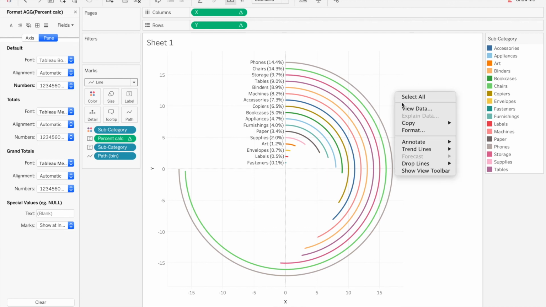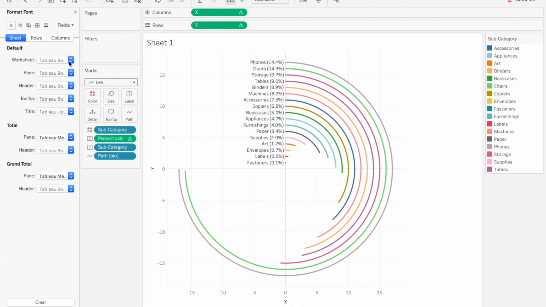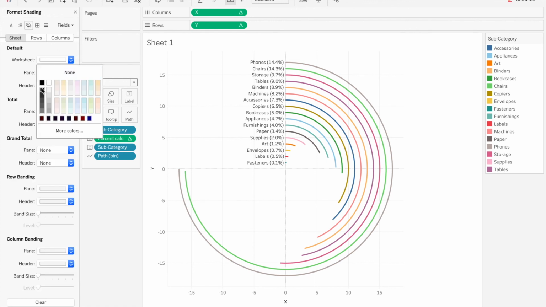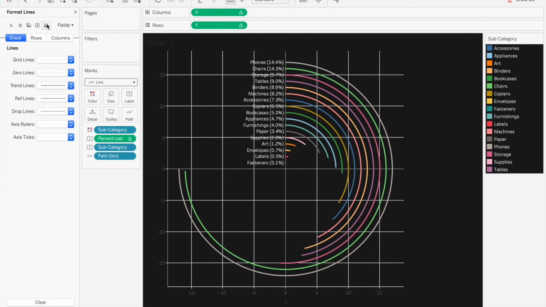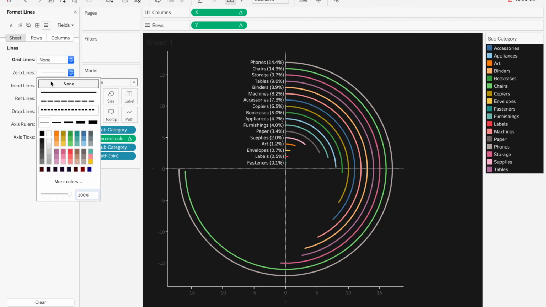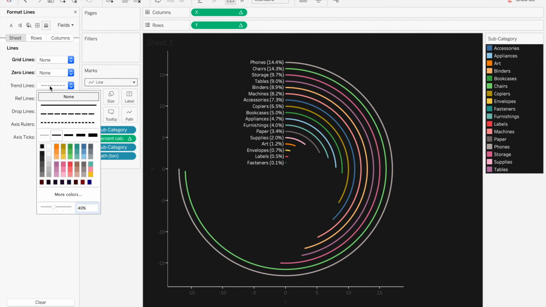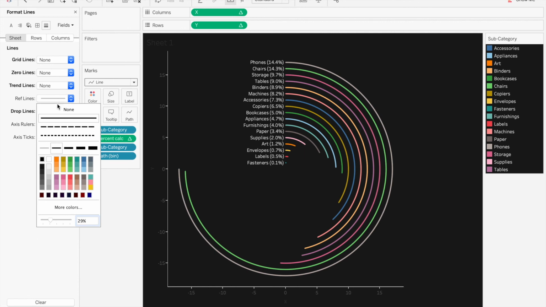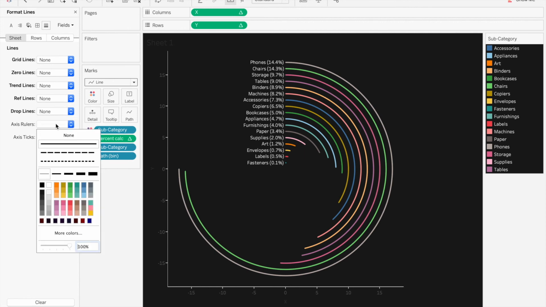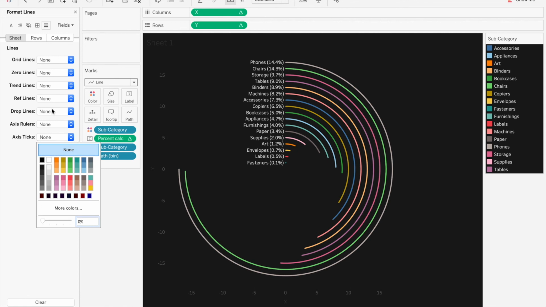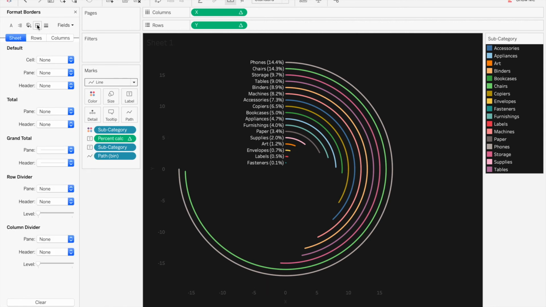Now let's do some formatting. No grid lines, no zero lines, no trend lines. We wouldn't need these. These are all just cosmetic changes that we need to make.